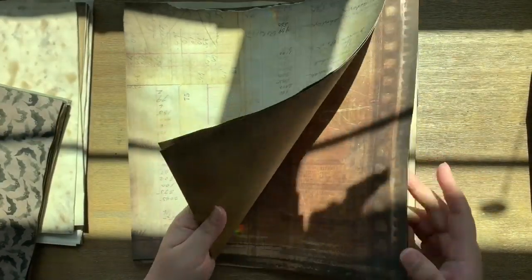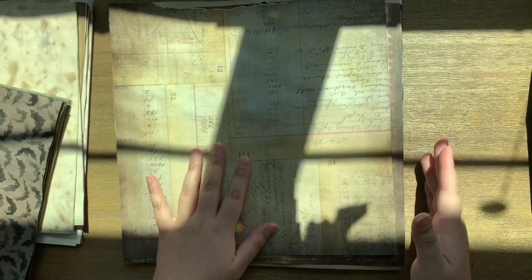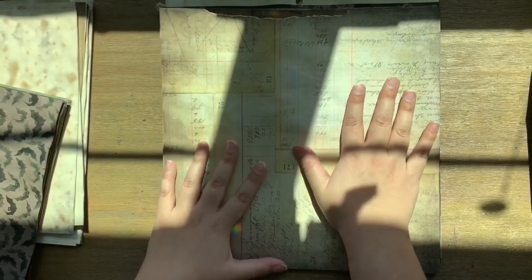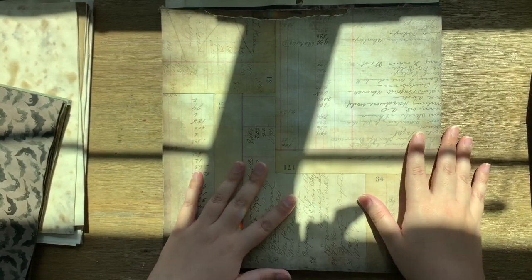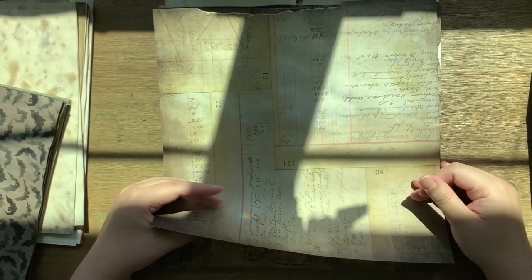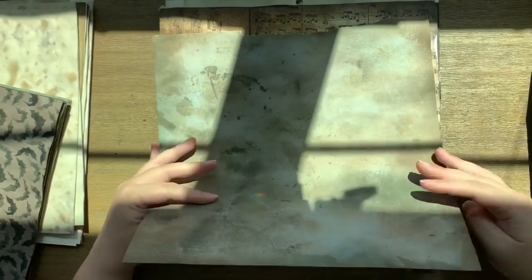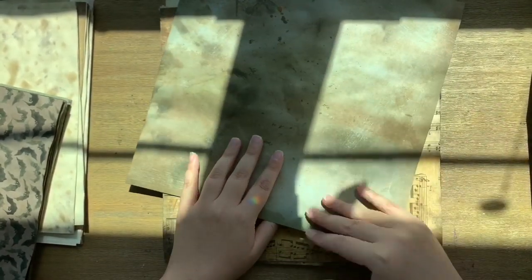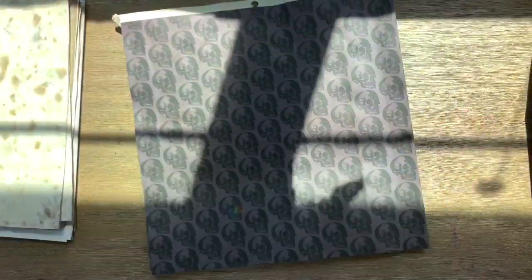With the double-sided ones, I can just make a photo page, which is a page that you would stick photographs on, or I could do the folder pockets, the ones where you fold up and then you have the pockets. So that's what I'll decide next. So we're doing good here. We have 3 folder,